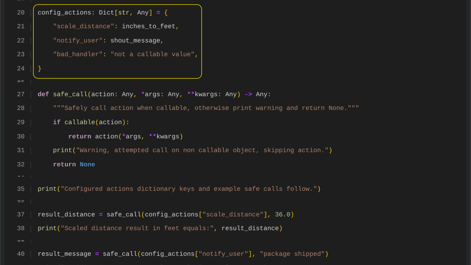We define a configuration dictionary that links text keys to different kinds of values. One key is associated with a function that converts inches to feet, and another key is linked to a function that turns a message into uppercase with an exclamation mark. A third key is intentionally mapped to a plain string that is not a function, representing an invalid handler. This setup shows how we can dynamically call functions based on configuration, while also safely handling entries that are not